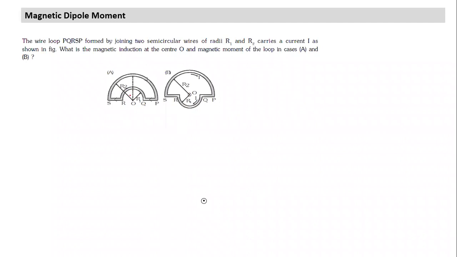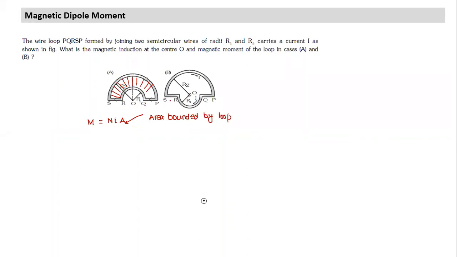Okay. So what is the magnetic dipole moment? M magnitude is equal to N into current into area. So first case, what is the area? This is the area in the first case. This is the area bounded by the loop. So what is A? What are we talking about? Area we are talking about is the area bounded by the loop. If it is a planar surface, there's no problem at all.